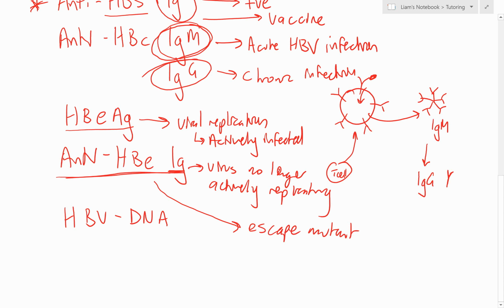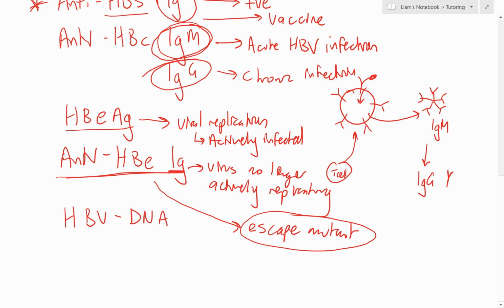What happens with escape mutants is that even if they're immunoglobulin negative, the virus is still actively replicating, and the virus has just evolved to get rid of this pre-core bit so that the immune response doesn't recognize it. And so it's not always the most accurate test. It's a fairly accurate test if it fits the clinical profile, but keep in mind that there is this thing